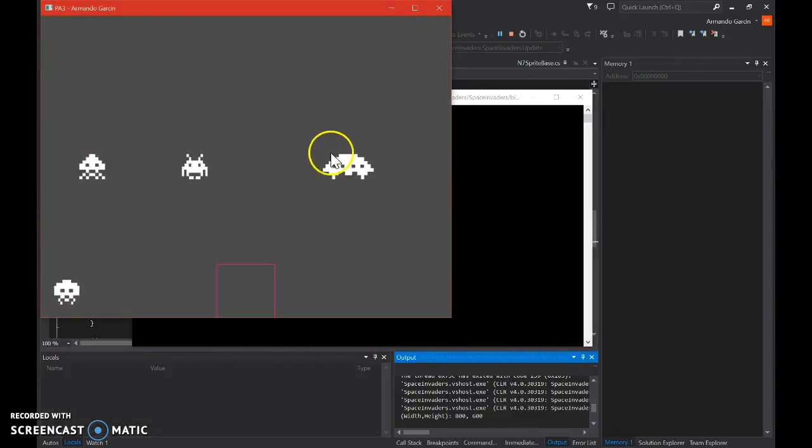We have our four sprites. This one is moving, just to make sure that it also updates that. And we have our little box sprite right over here. And that's it. Thank you. If you have any